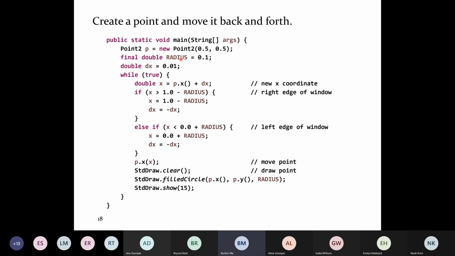So because radius is primitive, it stores the value 0.1, right? Final means I can only assign the value once. So in this case, it means radius always has the value 0.1. Now imagine I tried to create a final variable of type Point, final Point, and then a name equals some point. That's not actually a constant